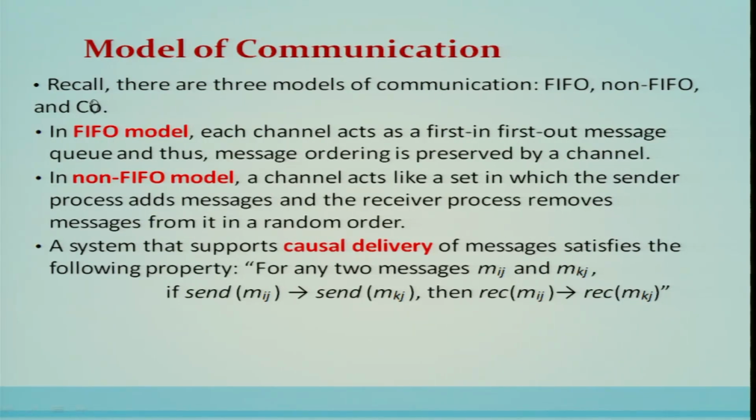The causal order model: the system supports causal delivery of messages, satisfying the following property. For any two messages Mij and Mkj which are going to the same destination, if the send of Mij precedes the send of Mkj, that means both the sends have a causal relation. Then this relation will be respected when they are being delivered. That is, the receipt of Mij is also going to precede the receipt of Mkj. Then it is called the causal order model